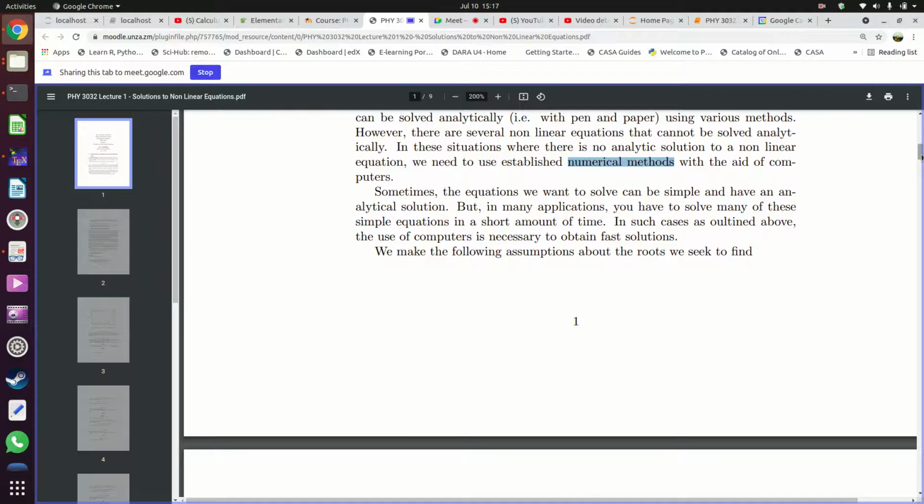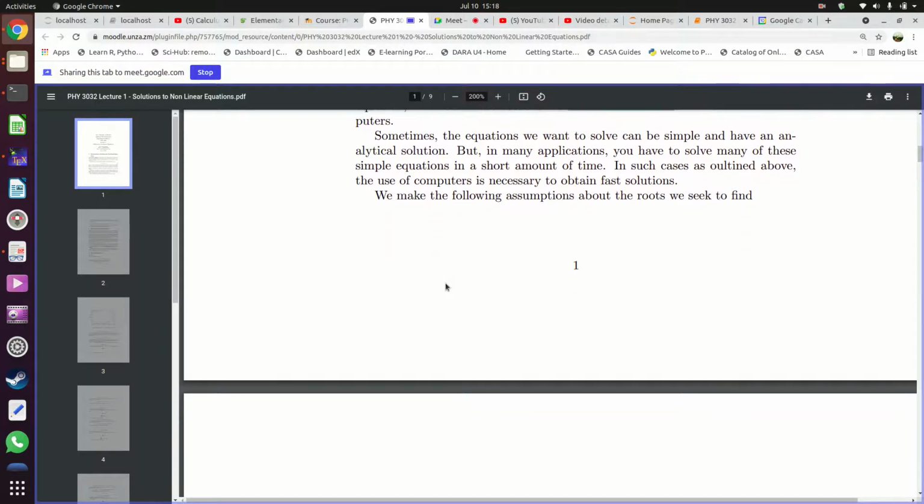Okay, so basically, those are the two main cases where we use numerical solutions. The first one is where an equation you're trying to work out cannot be worked out using pen and paper. It does not have an analytic solution. If it doesn't have an analytic solution, then you have to use a computer, or a numerical method, for that particular equation. The other case is where your equations are simple. You can work out an answer analytically with pen and paper, but the problem is there are many and you want a solution very fast. So in that case, with so many simple equations where you want a solution fast, it's also a good idea to use a computer.